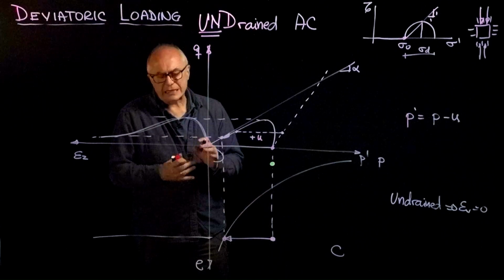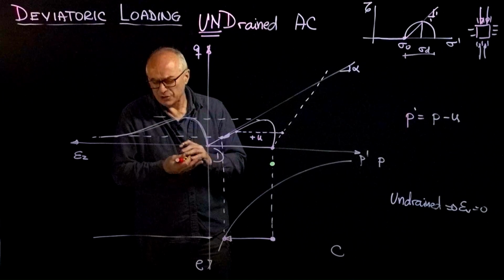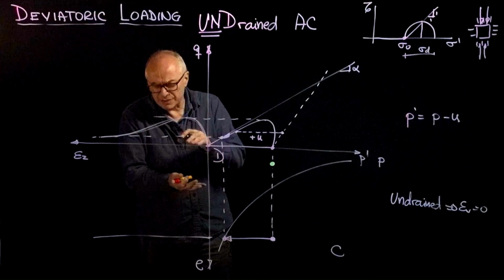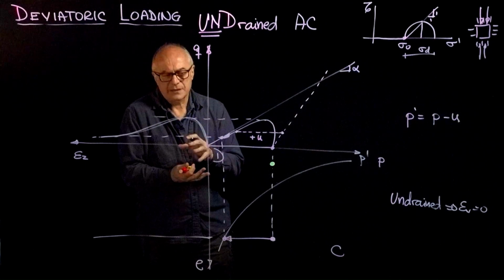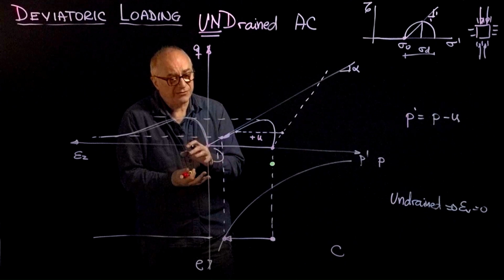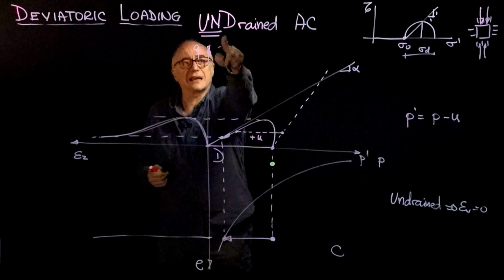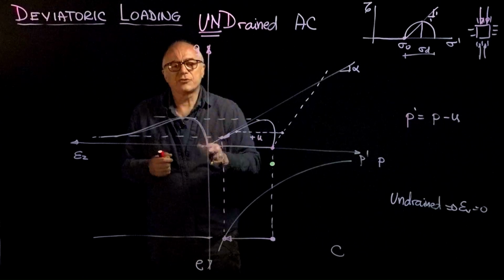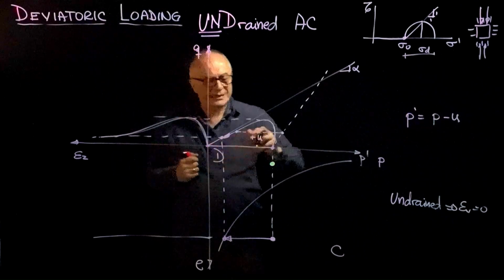Remember that the dilative specimen, in almost all cases, as soon as you begin shearing it, tends to densify a little bit. If it wants to densify, it will have to squeeze water out, but the water cannot go out because it is undrained, and therefore it will build up positive pore pressure. And so at the beginning,